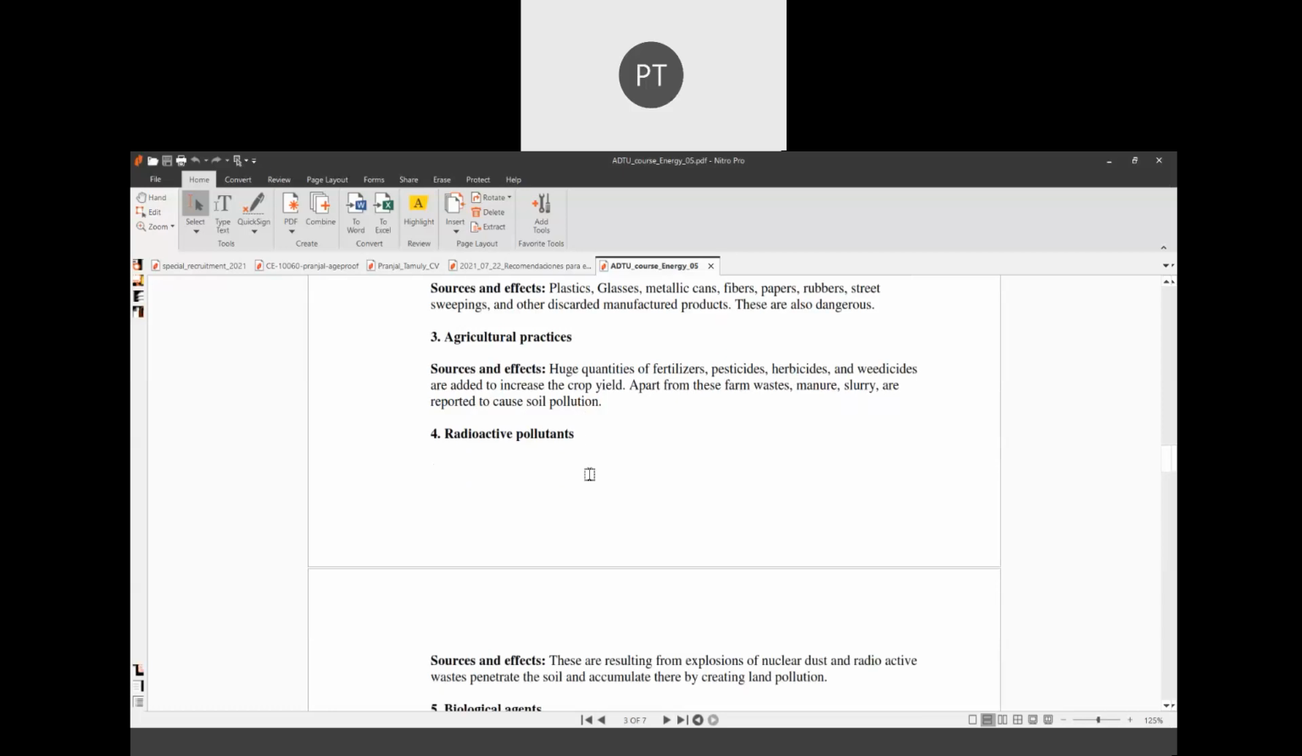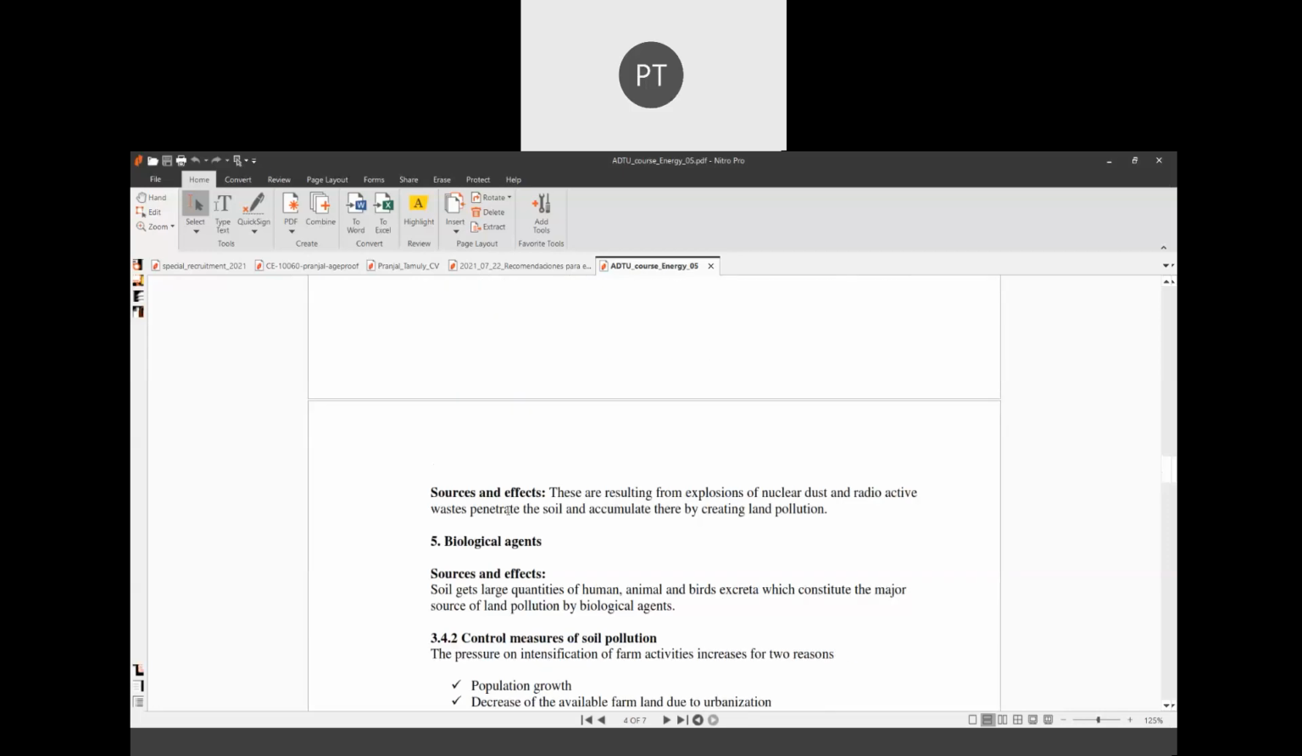So another type of soil pollution is radioactive pollution. This results from explosion of nuclear gas and radioactive waste penetrating into soil, accumulating there and creating land pollution. So we have conducted lots of nuclear tests or